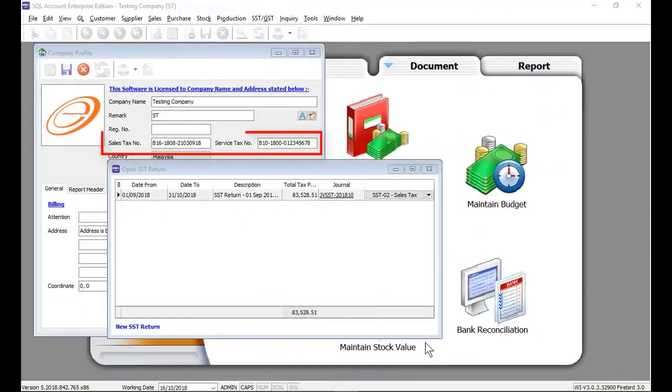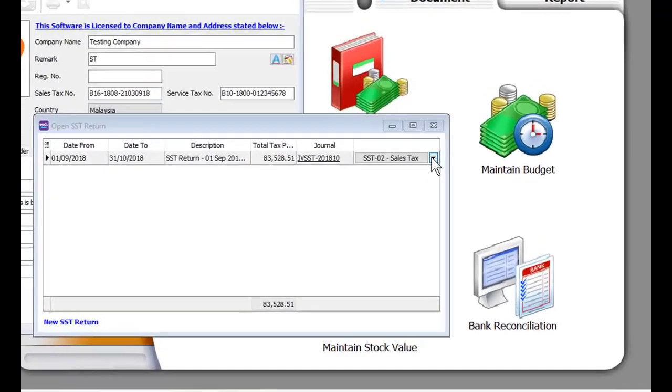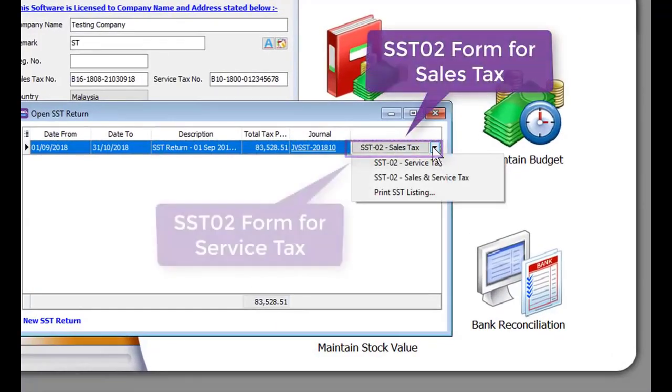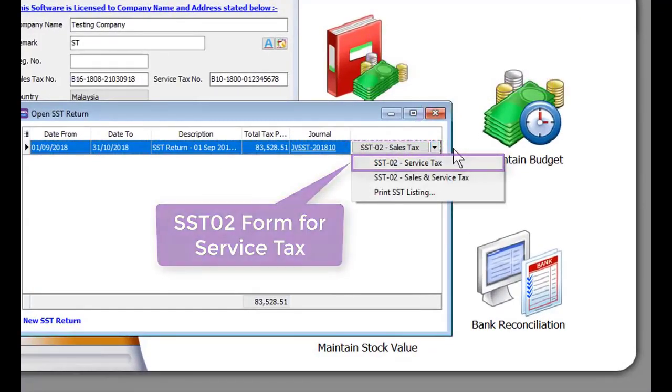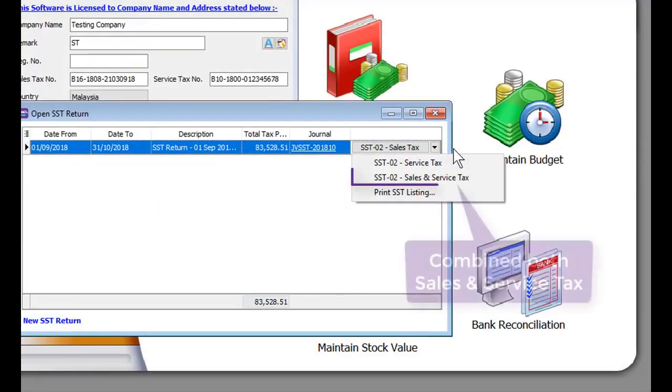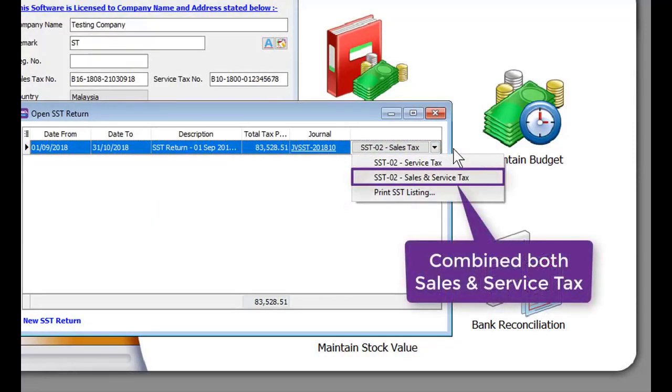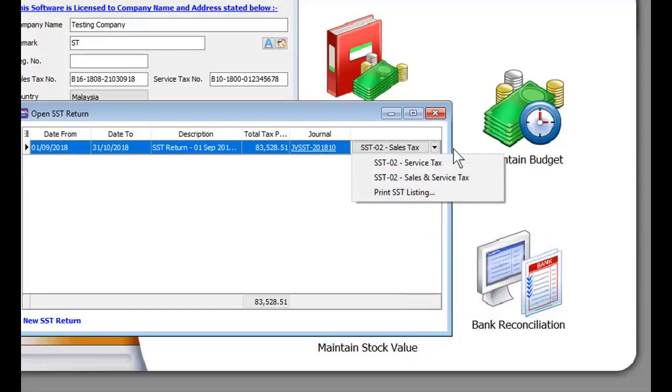If your company is subject to both sales and service tax, during process of SST, SQL will auto-generate 2 separate forms for sales tax and service tax. SQL will also generate SST for both sales and service tax in one form. Therefore, this is much simpler for internal